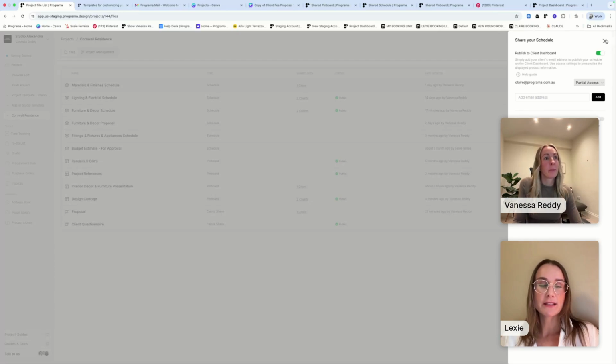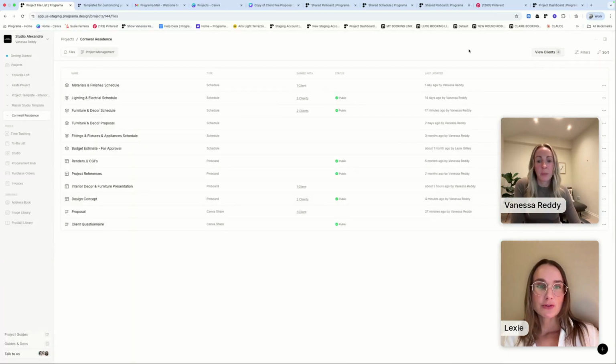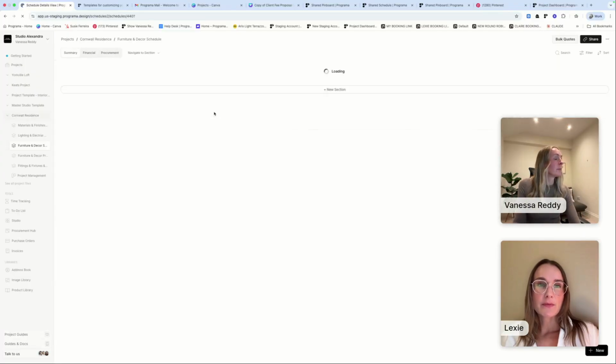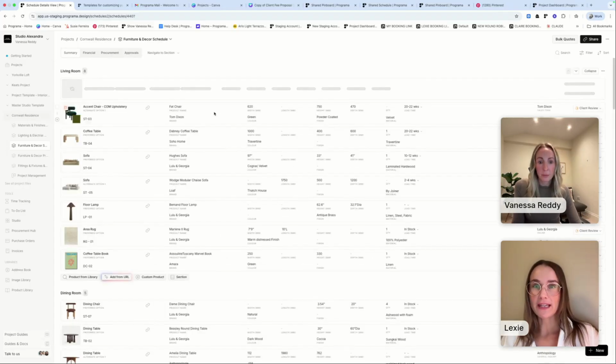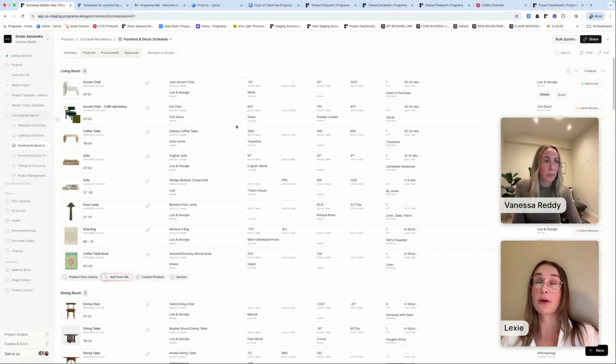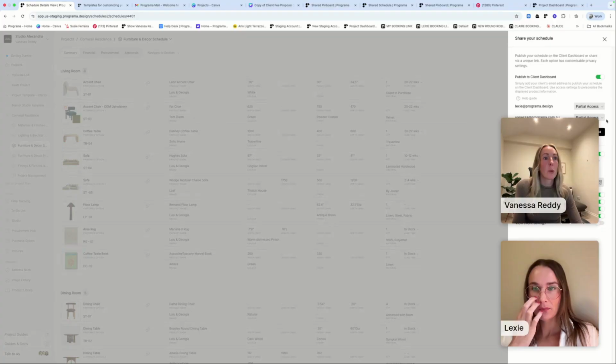Yep, 100%. Can we go back into the schedule tool and just reiterate on the toggles that the client can see when you're sharing, just the difference between supplier and brand and what the URL link is associated to? Yes. So with the viewing permissions that you can set per client,